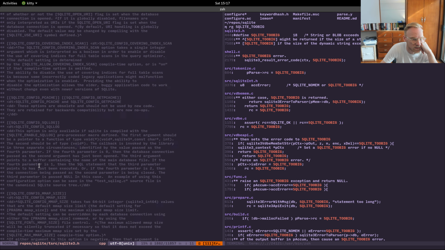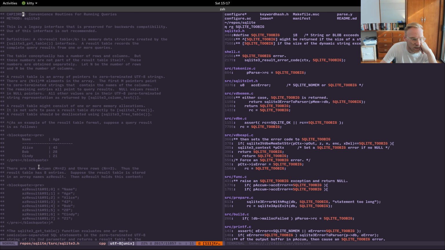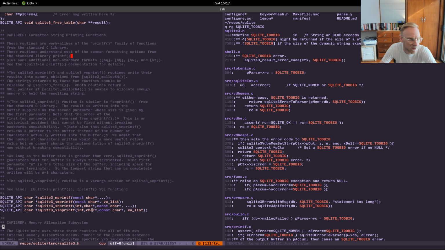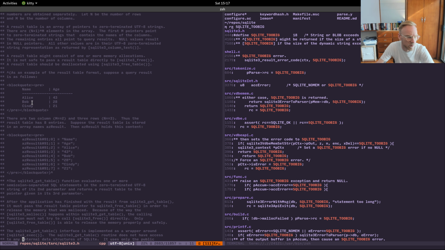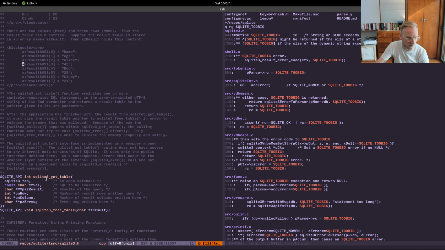What else is going on here? So yeah, there's a lot. This file is about 11,000 lines. We have some documentation with tables, which I'm curious about. Busy timeout, and then this one is get table. Interesting. So you'll see that in C,